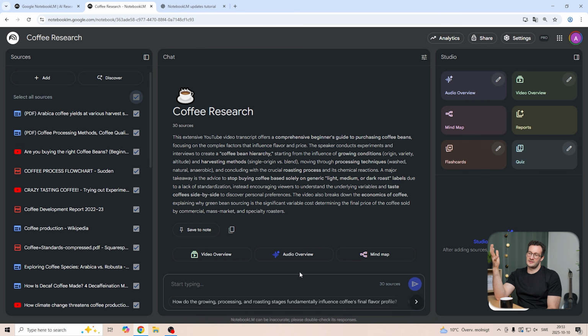Now, there are a few things that are good to know when it comes to the prompting in this view. First is that the most recent update gave it a pretty hefty under-the-hood improvement. So the whole NotebookLM environment is now powered by Gemini 2.5 Flash, which is a pretty good upgrade from what it had before. And the second thing to be aware of is probably quite different from all the other AI products that you've used. NotebookLM is tuned to hallucinate close to 0. It will basically only give you back the information from the sources that you have attached,